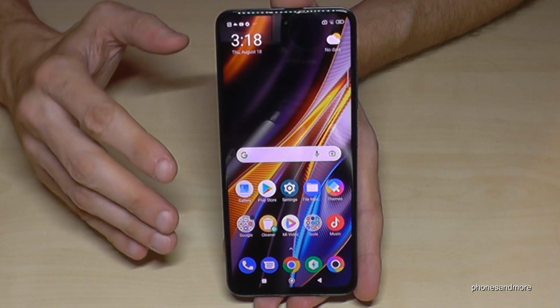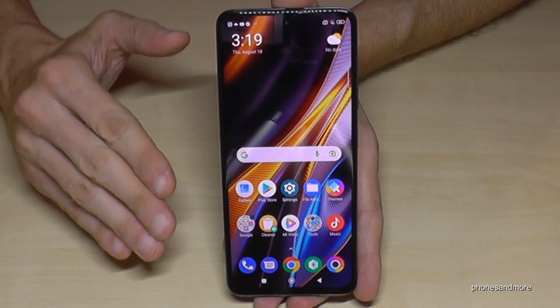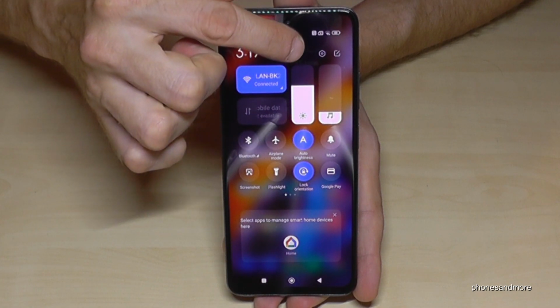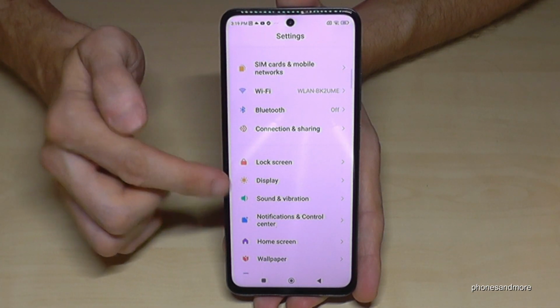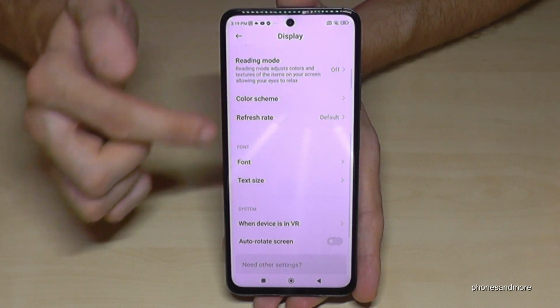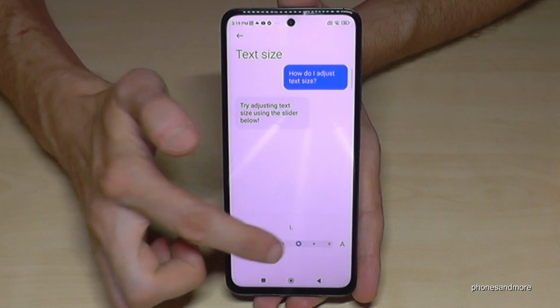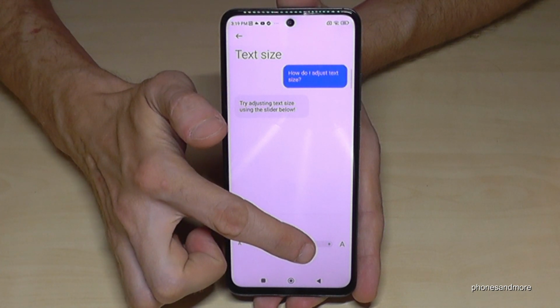And let me show you something very simple but very nice thing for our eyes again. Just scroll on here right next to the camera, go to the symbol for the settings, scroll down to the point display, and scroll down a bit to the point text size. A bit underrated, but very good for your eyes. The basic settings, the default ones are at S, but I would recommend to you to have it at L,